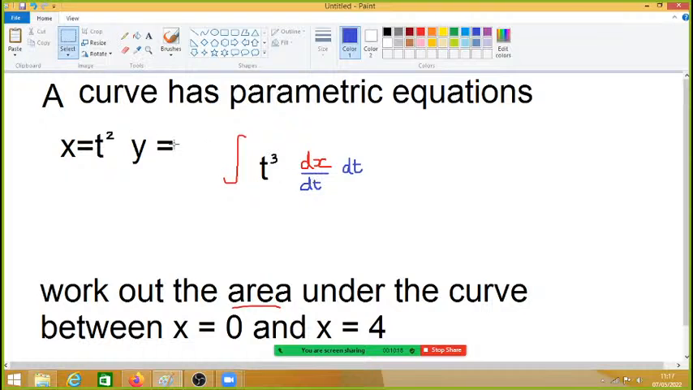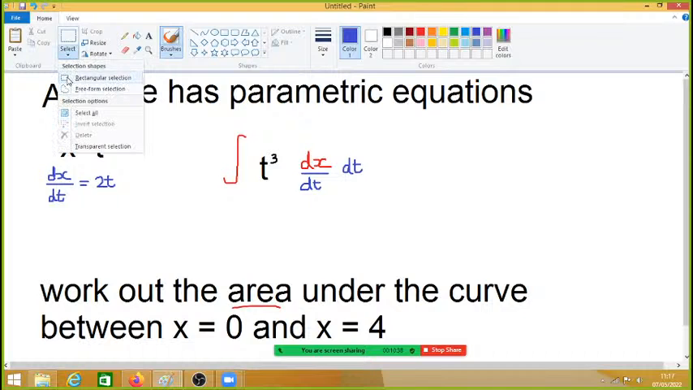dx by dt, I can work that out because all I need to do is differentiate with respect to t. So I can say dx by dt, and you can do this. Just take a look at the t squared and differentiate. That would be equal to 2t. So I can swap the dx by dt